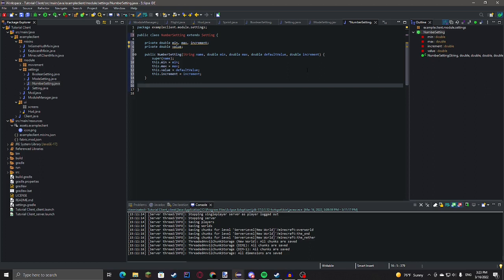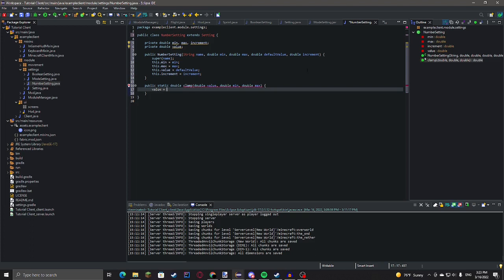Okay, so now we're going to make a math method called static double clamp, double value, double min, double max.